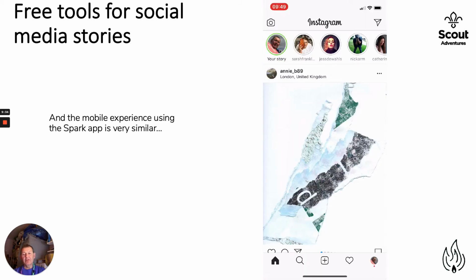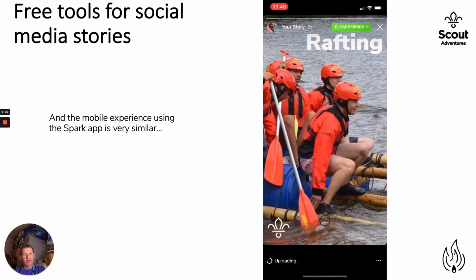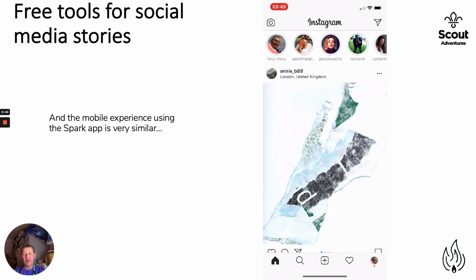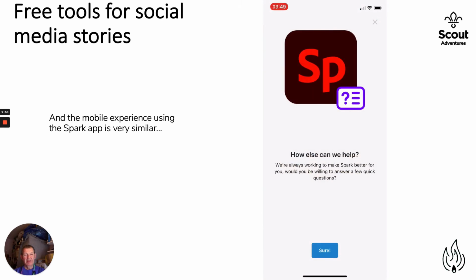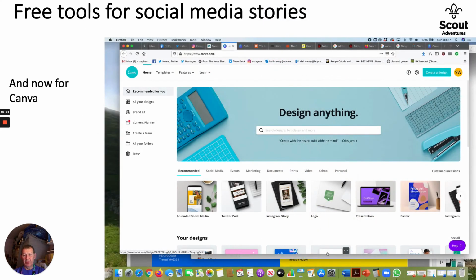You can access all your stored stories using the mobile app. So if you've created something on your laptop, which is very complicated, that's fine. You can just go in and post it from your mobile, or you could airdrop it or email it to yourself or whatever. So that's Spark on the mobile. Let's have a look at Canva. You'll see Canva is very similar. It does the same sort of thing,